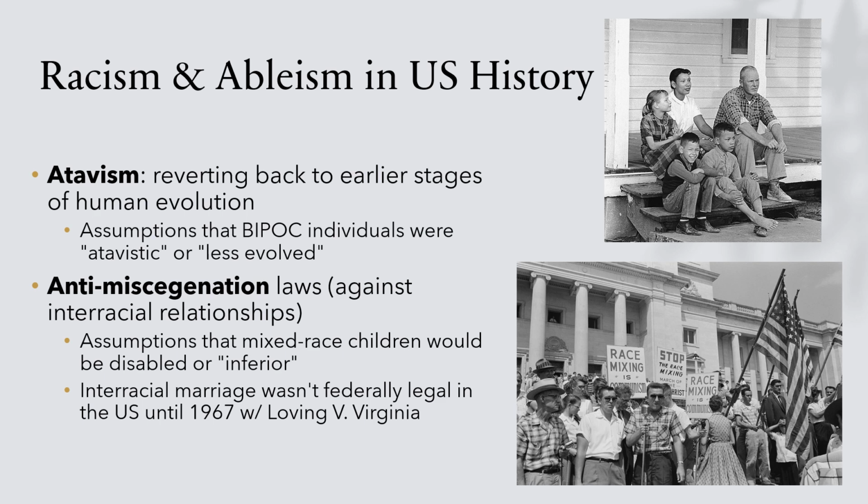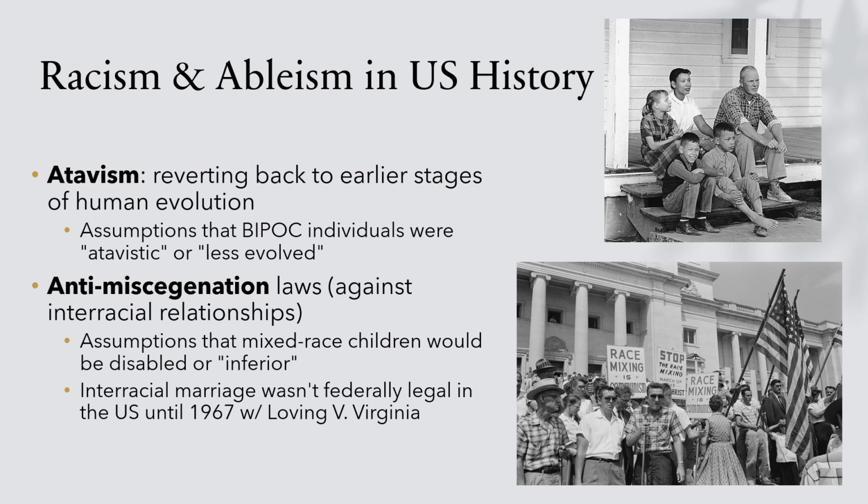We also have seen throughout our history anti-miscegenation laws. These are laws against interracial relationships. Of course, we no longer have anti-miscegenation laws federally in the United States, but interracial marriage was not federally legalized until 1967. That is very recent. I'm sure a lot of us in this class have family members, parents, grandparents, or even ourselves who were around at the time that that happened. So this is far too recent for comfort in human history, in US history,